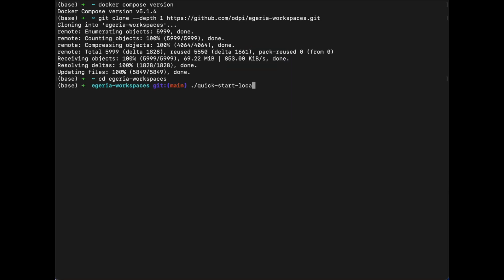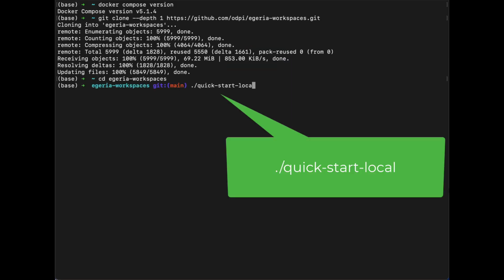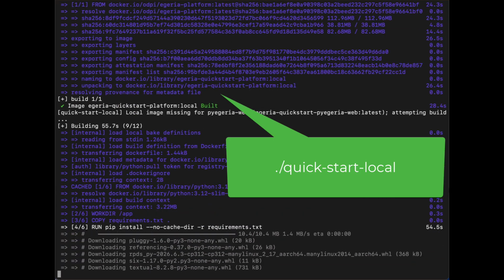Step 3. Launch the environment. In your terminal, cd into the Egeria Workspace folder and run the script quick start local. Now take a nice stretch break or grab a beverage while we automatically pull the images and